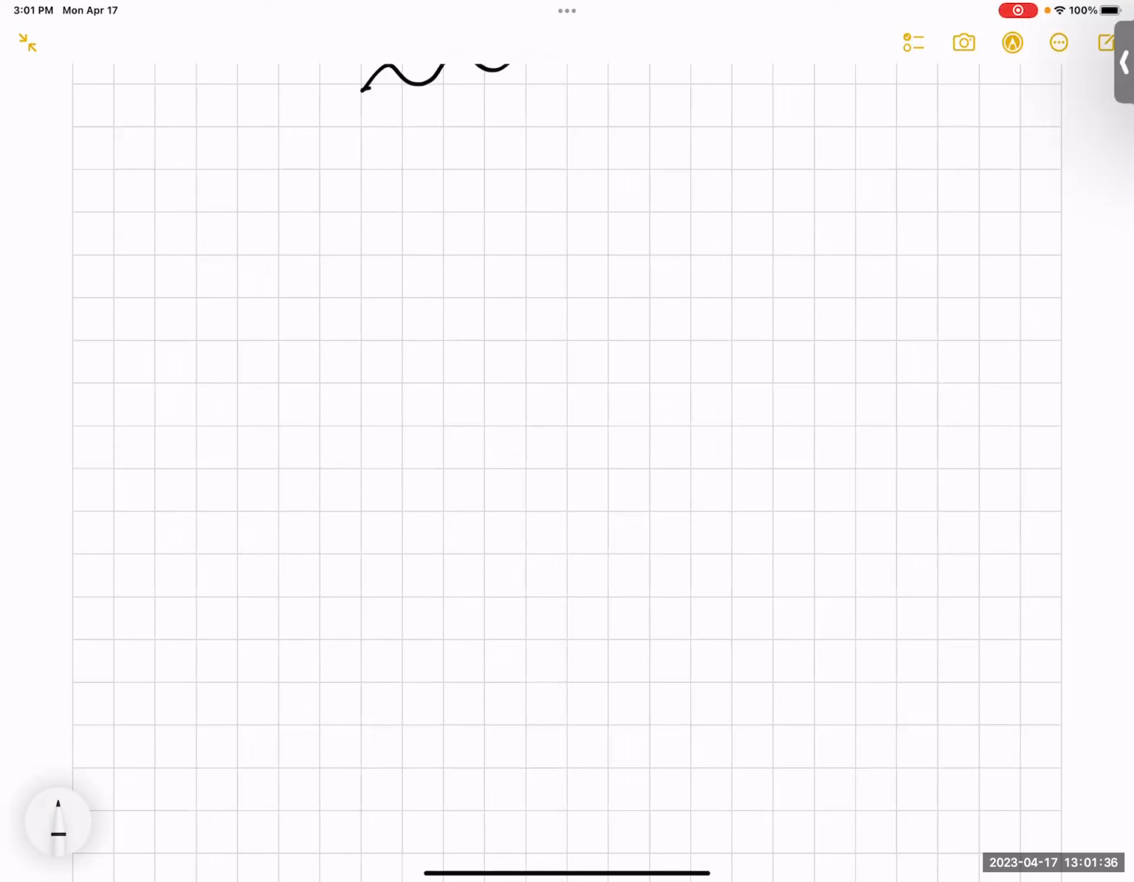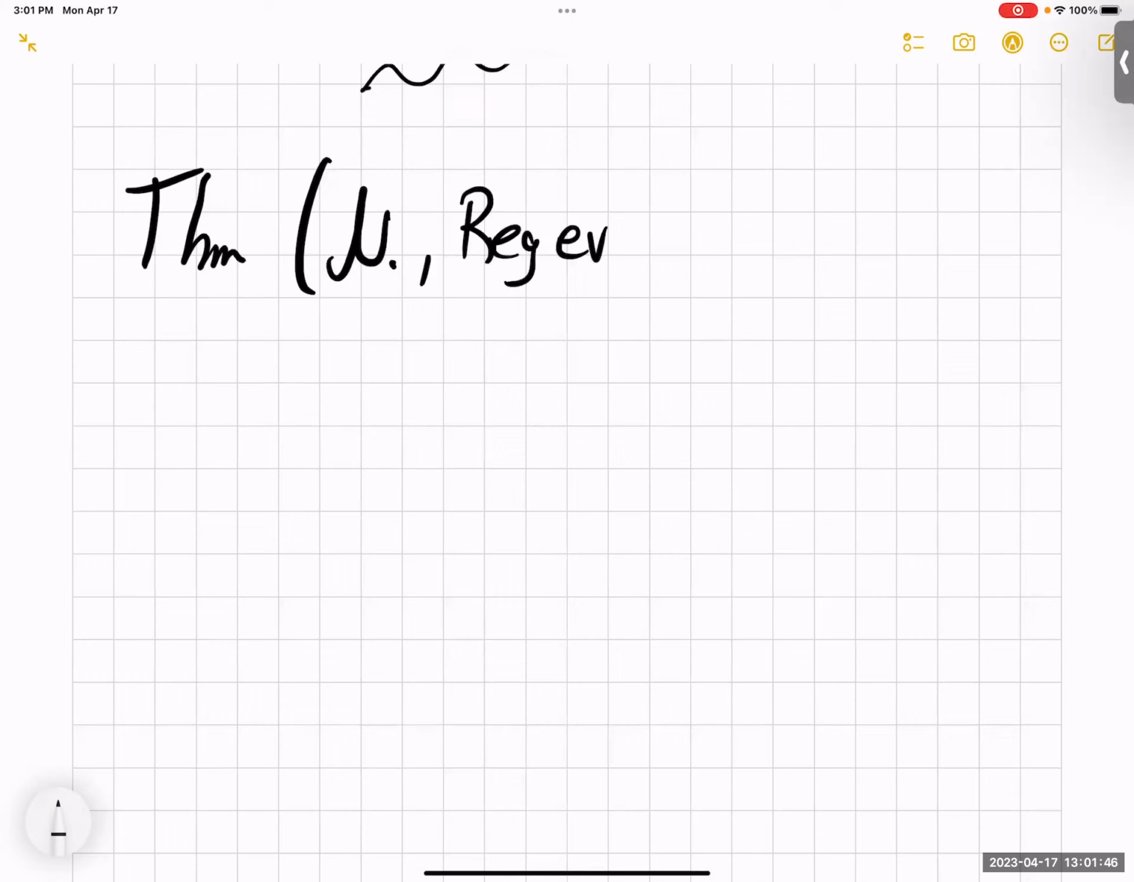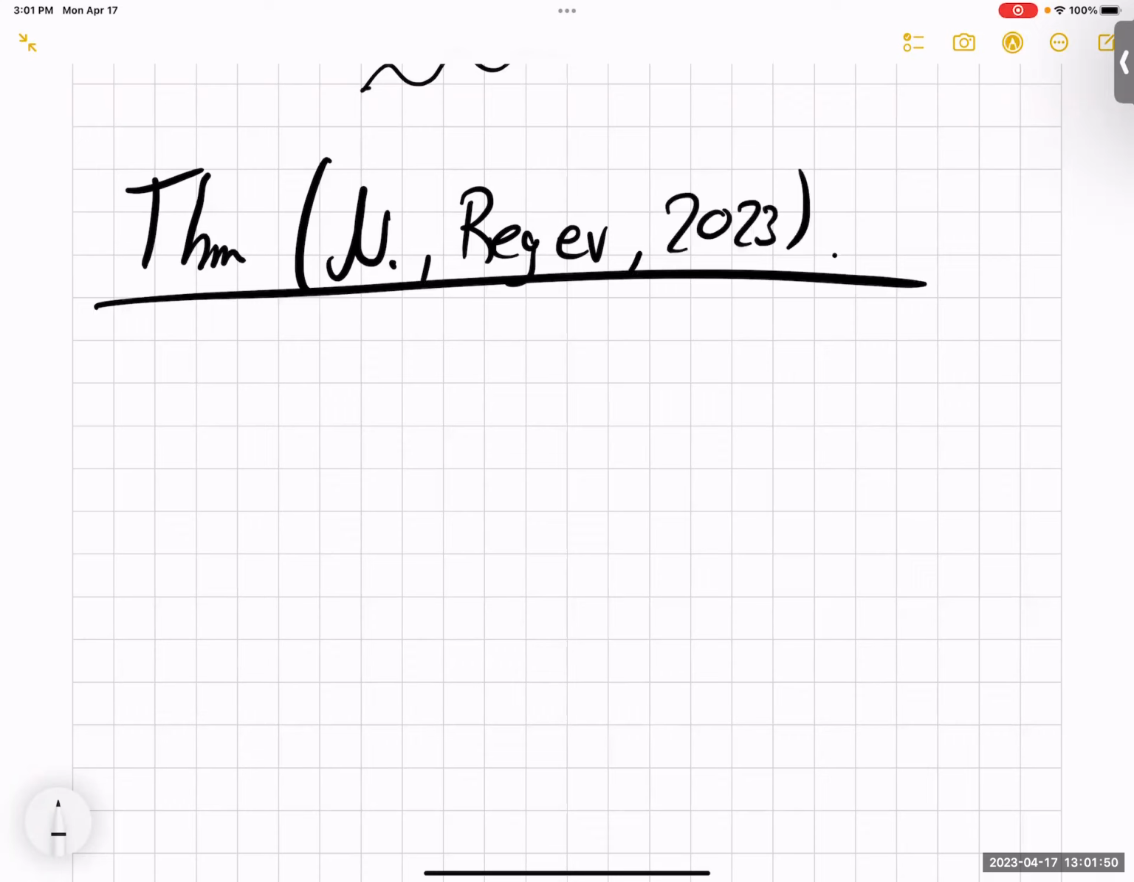What I'm going to do today is explain the proof of the following theorem. This is joint work with Oded Regev from earlier this year. It's on the arXiv. It states the following: for every dimension n, there is a convex body K such that